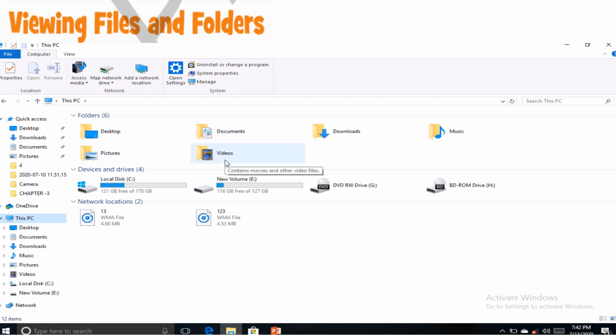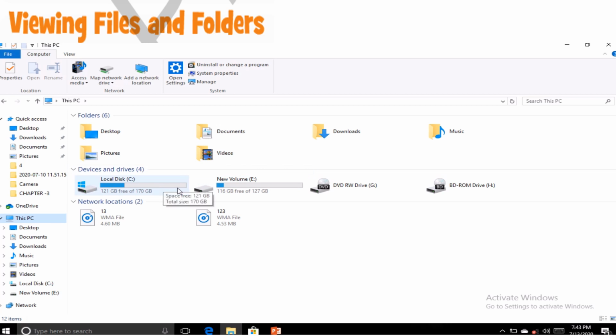When you will store anything on the desktop, it will automatically come in the desktop folder. If you will create anything in Word or PowerPoint, it will come in the documents folder. By default, it will store in the documents folder. After that, if you will download anything from the internet, it will come in the downloads folder. If you will create any music file, then it will come in the music folder. And if you will create any picture, whether in Paint or any other drawing application, then it will be saved in pictures folder. And videos folder will include all the videos which are stored in your computer.